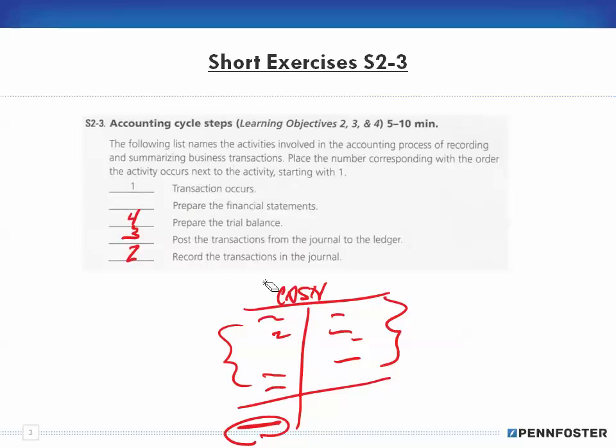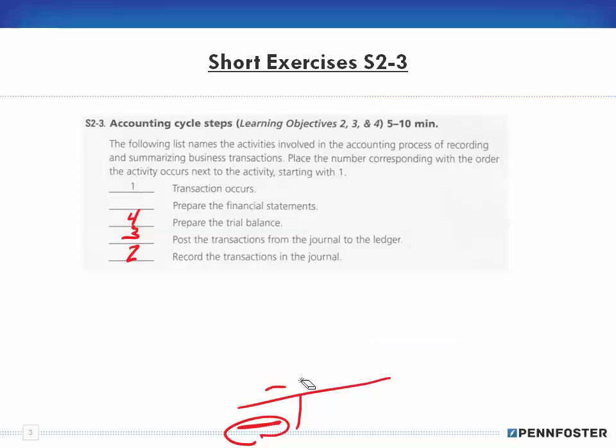Remember, the trial balance is nothing more than a listing of the general ledger accounts. You get those from the chart of accounts, which is just like a table of contents for the ledger accounts. So it's a listing of the ledger accounts and the balances in those accounts. And once you have the trial balance, you have these balances in the accounts, and you use those ledger accounts in order to create your financial statements. So 5 would be the preparation of the financial statements. That's the flow and the process. Right, next problem,